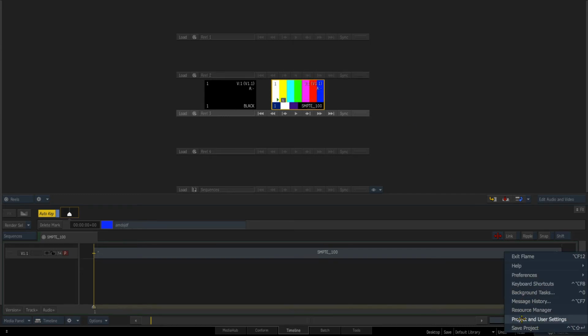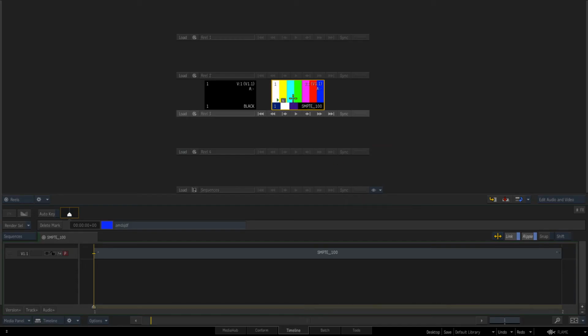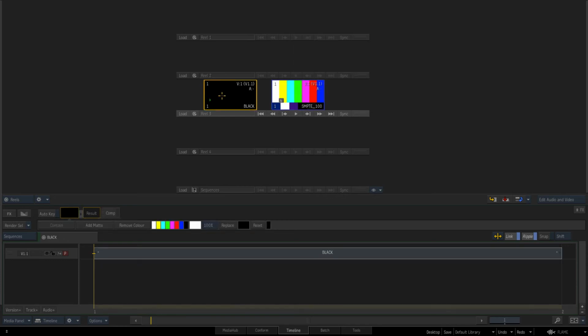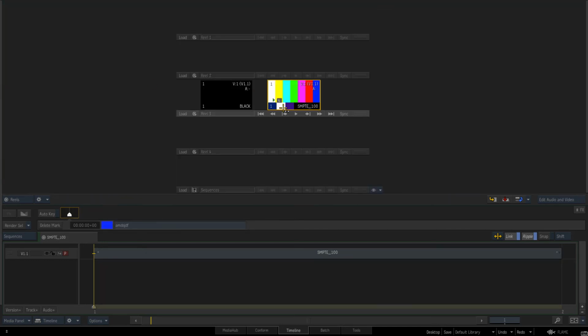So the really cool thing is if I just quickly switch users, and this is different shortcuts and all that. So the other thing too is for Flame, the shortcut for this is spacebar N and then click, and then you can edit in there as well if you want to create a new one. Spacebar N, click. But the cool thing is if we double click on the N, again spacebar N, double click to go back to it, and then this is another user who could have done the work and said